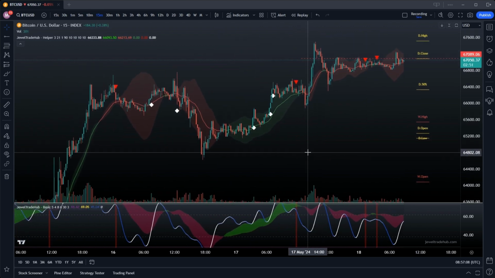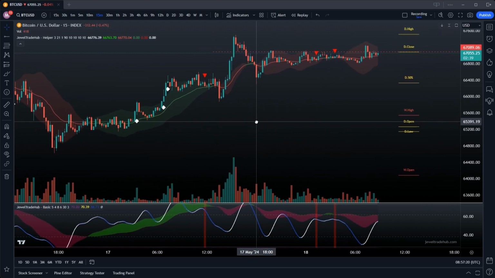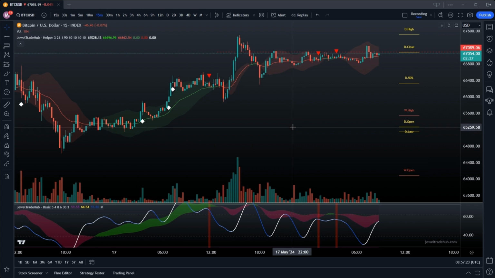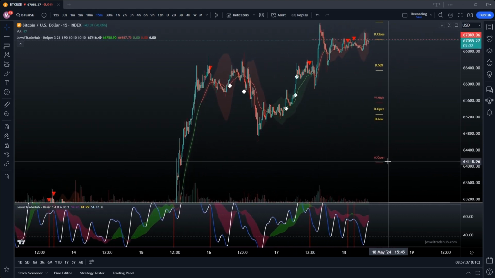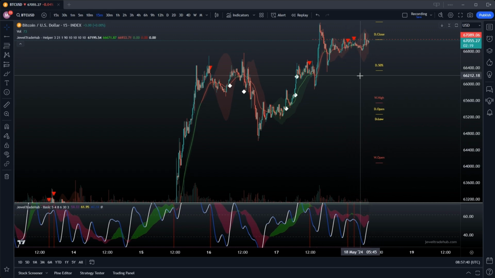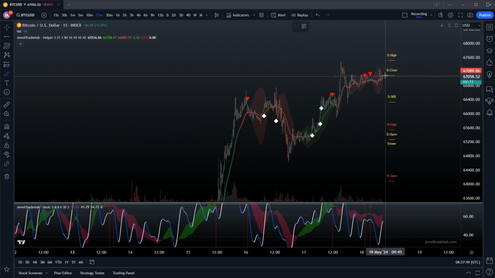Now here's the thing: everything that you see in the helper is meant to be modified to your needs. The basic settings are working out, so to speak, but it's meant to be modified based on your asset and based on the time frame that you are trading. As an example, if I'm trading this 15 minutes, I don't really care about the weekly, because I'm trading on an intraday basis, on a 4 hours basis, basically an alpha day, so to speak. And of course, unless we get moves like this,